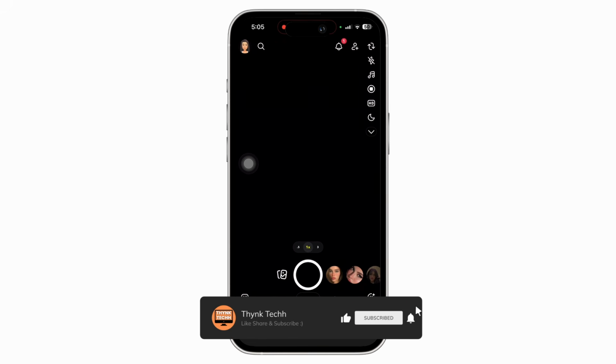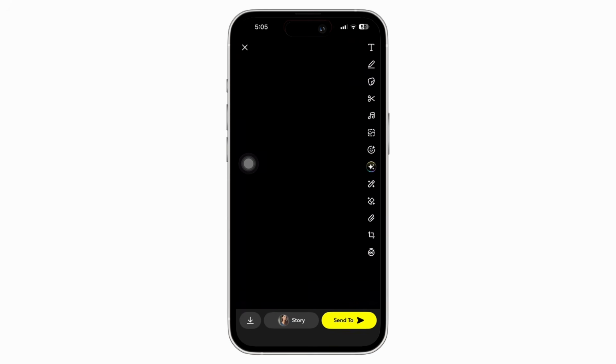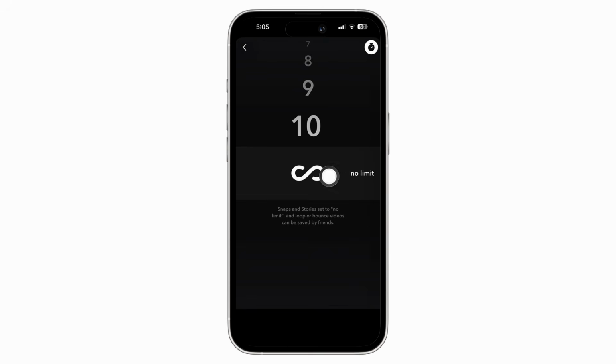Now, in order to stop people from saving your snap, firstly take a snap that you want to send to people and then go ahead and tap on the timer icon you see there at the bottom right of your screen. And here, as you can see, it is set to infinity, which means no limit, which allows users to save your snap. So, in order to stop that, simply set the timer to 1 second or 2 seconds